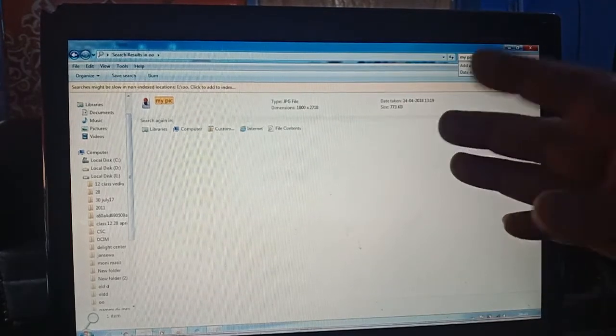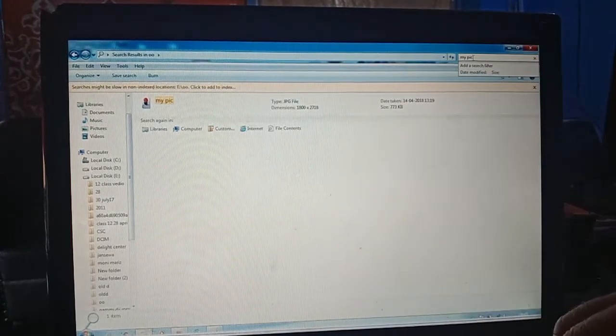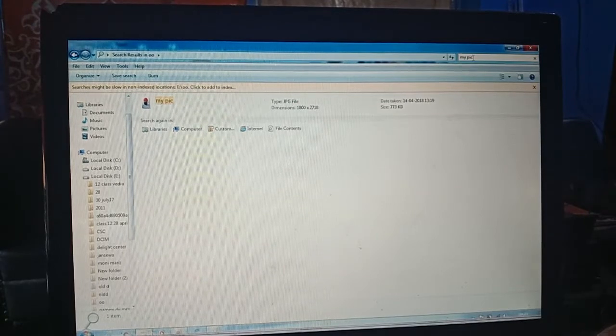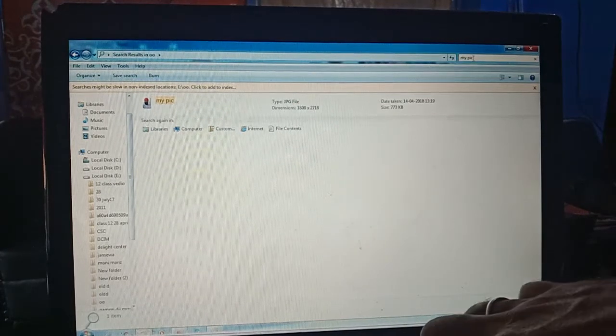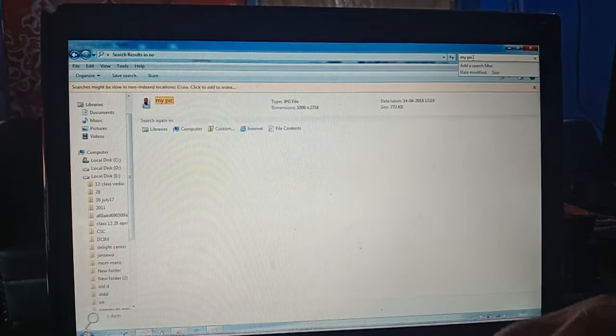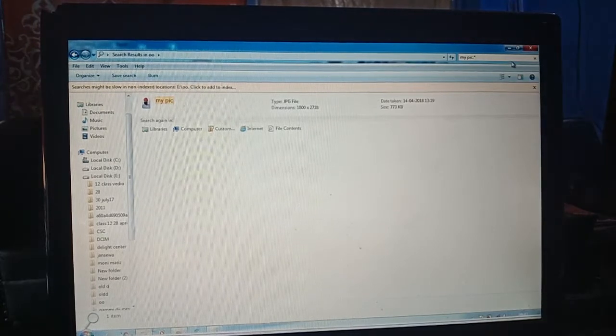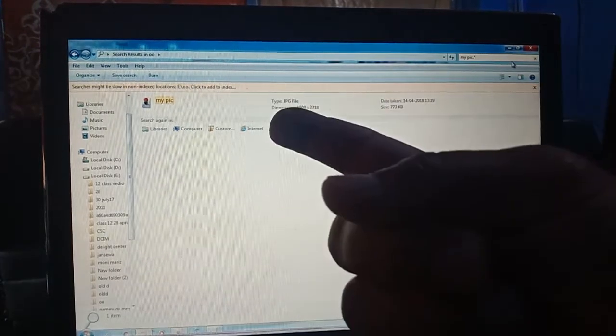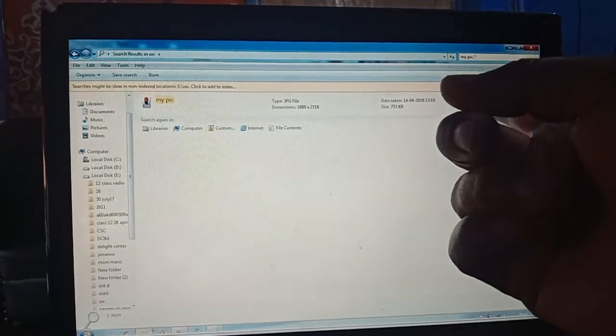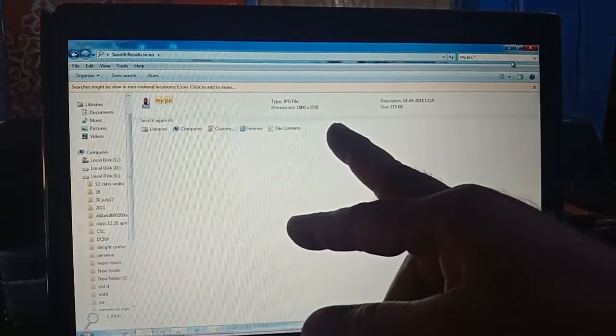I don't know the format, JPG, then what to do? Use a wildcard character, shift and the special character asterisk, then okay, and we will get the location. The name came, and the result is displayed on the screen.